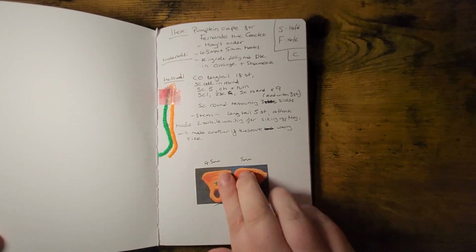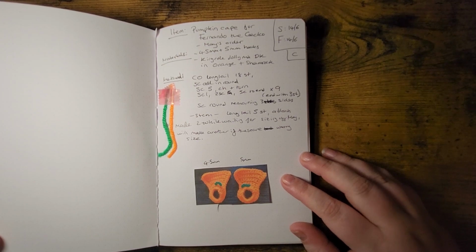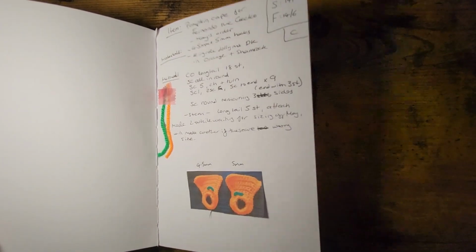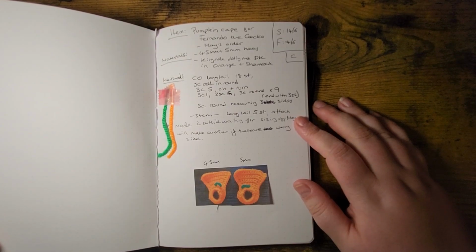Then I made 2 tester pumpkin capes, which seem a little bit weird, but basically one of my colleagues, May, has a housemate who has a gecko called Fernando, and the friend of my colleague wanted to have a pumpkin cape for her gecko. She'd seen a picture of one online, so I had a reference to go by. I couldn't find a pattern or anything anywhere to buy, but I had a little go at making these ones